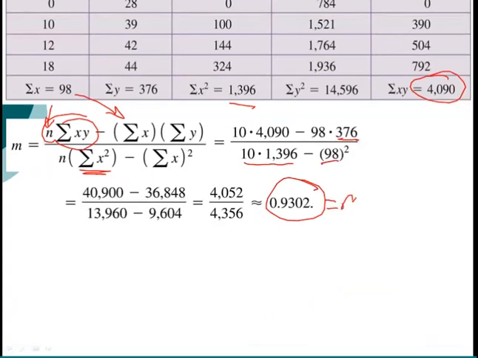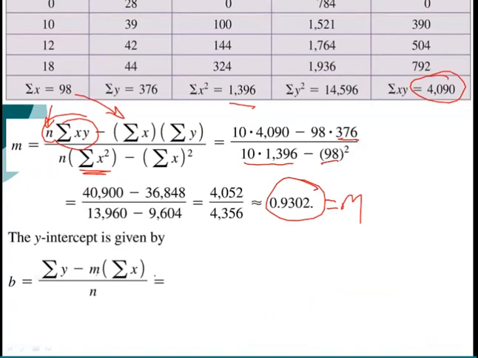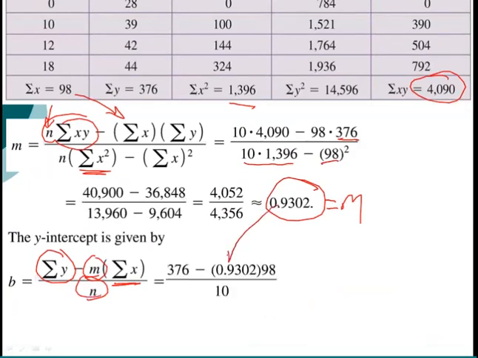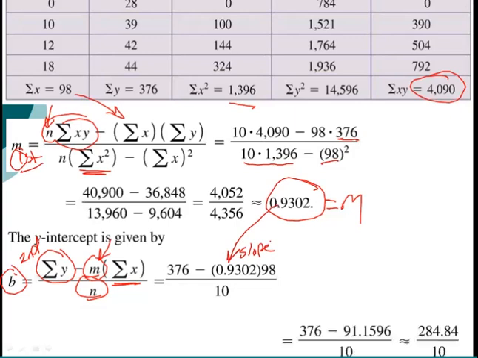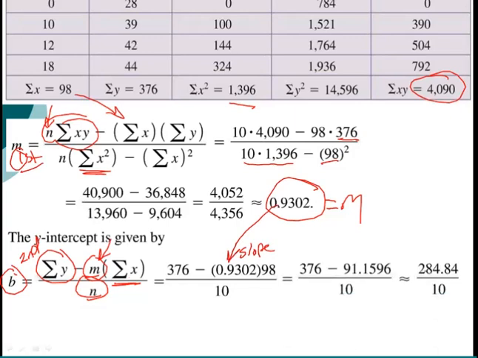This is actually my m. And then the y-intercept, you do a little bit different formula. You do your sum of your y's minus the m, and then times the sum of the x's, which is your 98, over n. Now, notice this uses my slope, which means you need to find your slope first, and then find your b second, because we need our m to figure out the y-intercept. But if I had my y-intercept, I could probably find my slope. Sounds like a problem that I don't think I saw in the lab, but could happen. And so if I simplify this thing down, I ended up getting